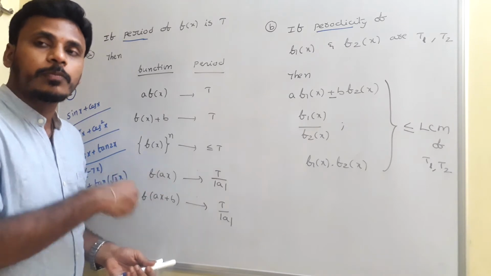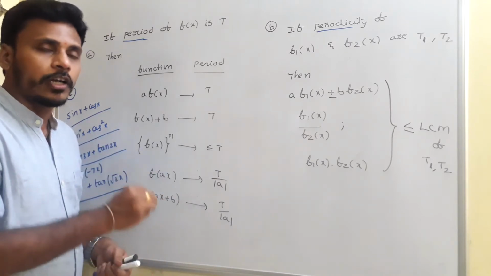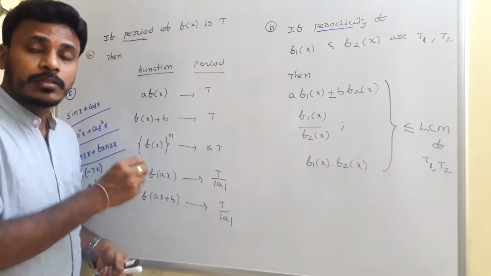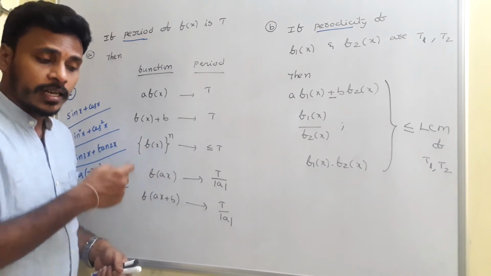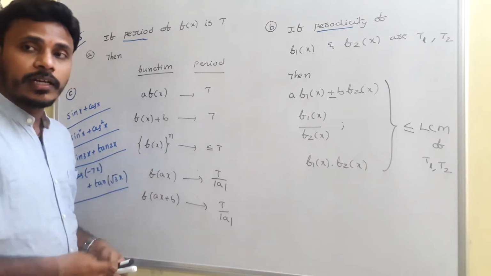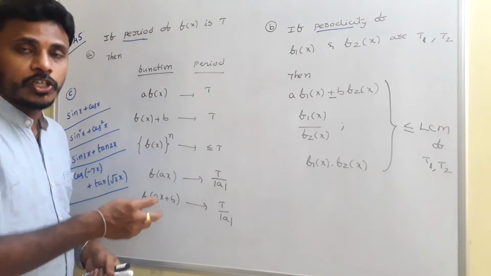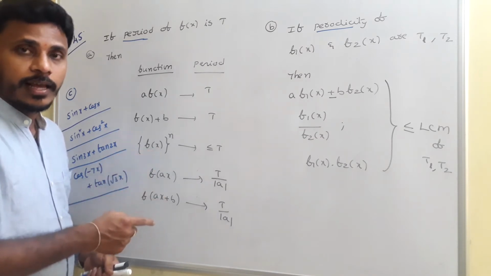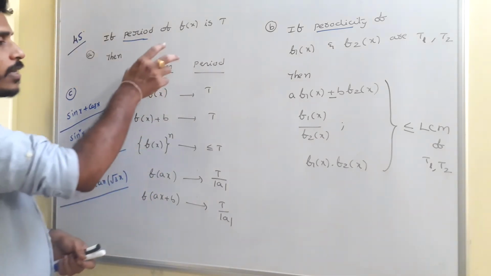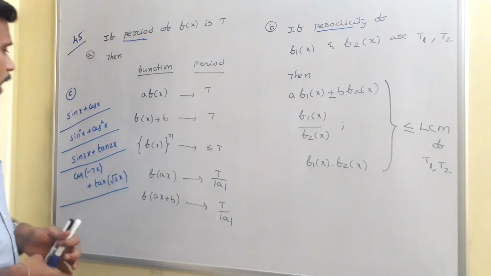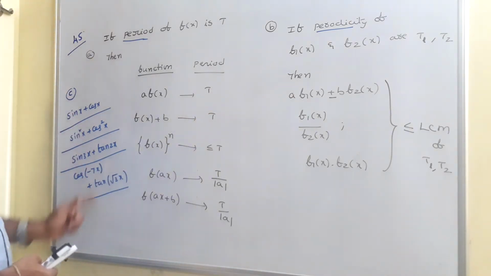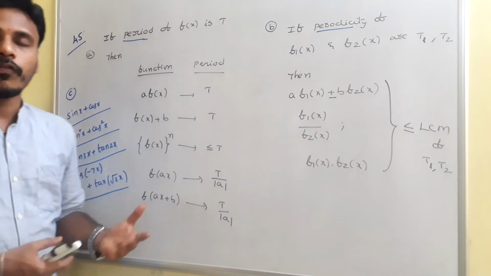Period or periodicity both are same actually. If a function is periodic, we call it a periodic function. That in a sense it shows the same behavior after a certain interval, and the length of that interval is mentioned as the periodicity. Already we discussed it in the last class. Okay. Now after analyzing these 2 points A, B, I have some questions in C. I need to find the period or periodicity of those functions.